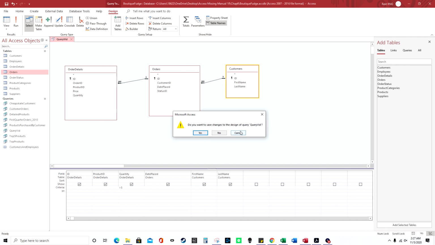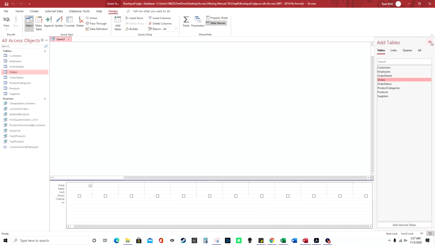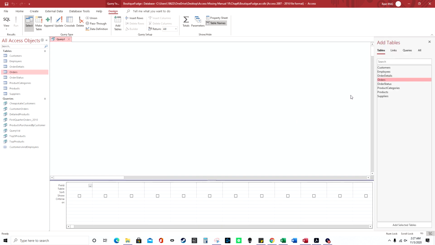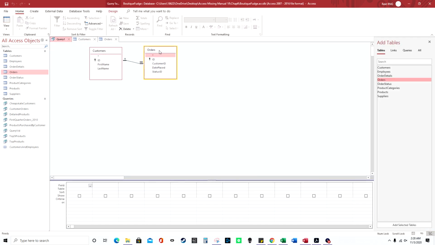So I'm going to close this out and actually create a cleaner query. I'm going to go to create and query design, and if this isn't shown over here on the right, then you can right click over here and select show table. I'm going to add the orders and customers tables to show inner joins versus outer joins. Let me open up the customers table and the orders table real quick so you can see what they look like. Here's the orders table, and here is the customers table. Not all customers place orders, but overall,